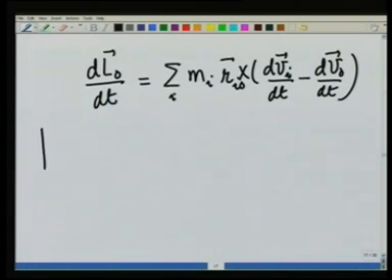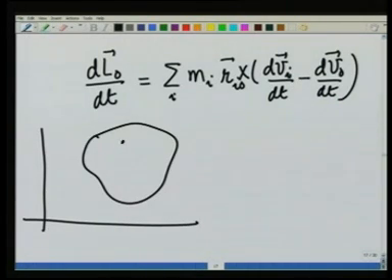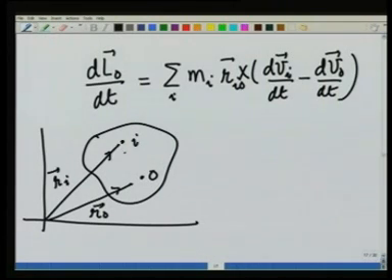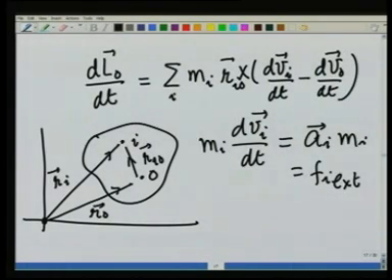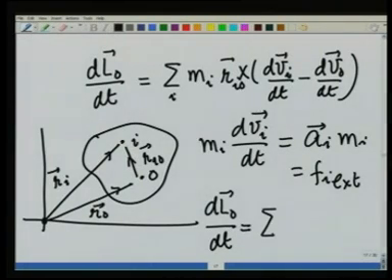Let me remind you again, this is my reference frame, this is my body, this is point i, this is some arbitrary point O, this is R_O whose derivative gives me v_O, this is R_i, and this is R_iO. dv_i over dt is equal to the acceleration of point i with respect to the outside point, which is an inertial point, and therefore m_i times this is F_i external, and therefore I can write dL_O over dt is equal to summation r_iO cross F_i external